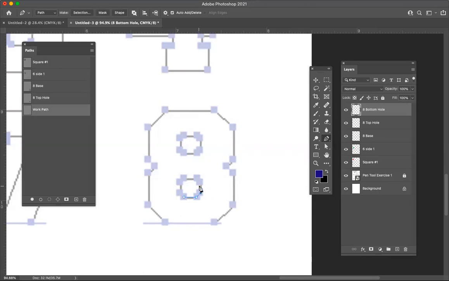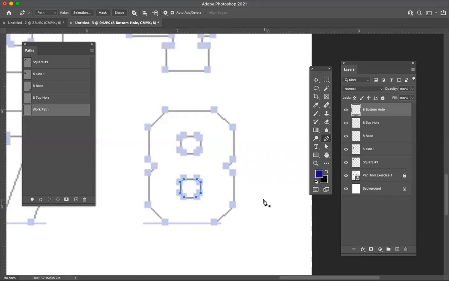We'll go back to holding the Shift key to make the perfect vertical, release to do the diagonal, Shift to make the horizontal at top, release to make the vertical, Shift to create the vertical, and then complete the shape with a